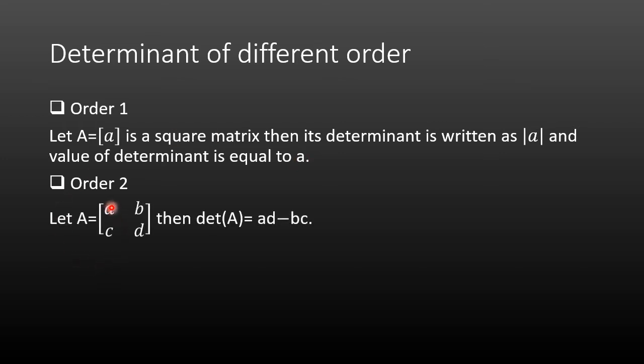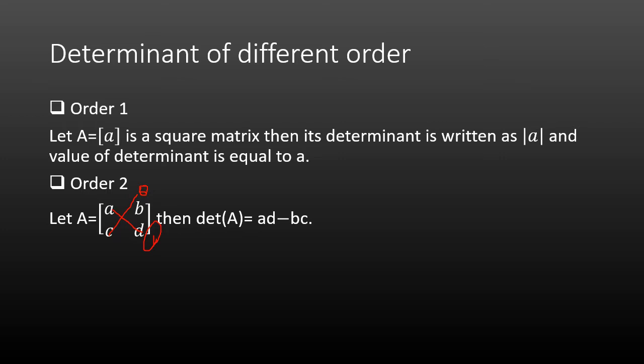But if you have a determinant of order 2, in this case we have to proceed further. So A is equal to this matrix A, B, C, D. Then its determinant can be written as AD minus BC. Okay, how will it be written? So in the symbol of the determinant A, B, C, D, and we have to find out the value. How to find the value? Here AD minus BC. So you should multiply in this way. This is your first multiplication, that is the principal diagonal, and then secondly you apply for this, that is BC. So this is the solution for the matrix of order 2.